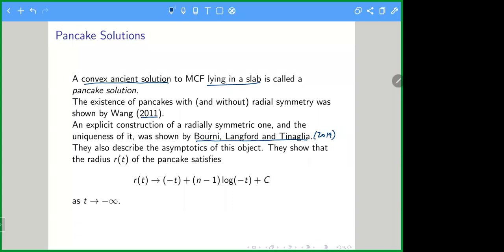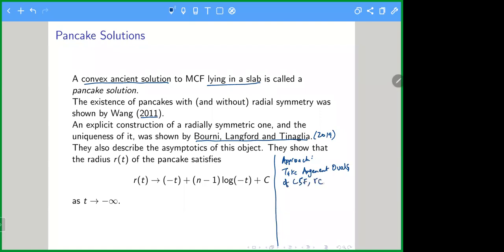So the radially symmetric ones, Bourni, Langford, and Tinaglia gave an explicit construction for how these things are constructed. Maybe I'll just remark what their approach is. What you do is you take these Angenent ovals of curve shortening flow,